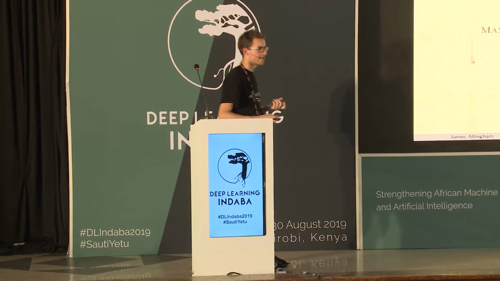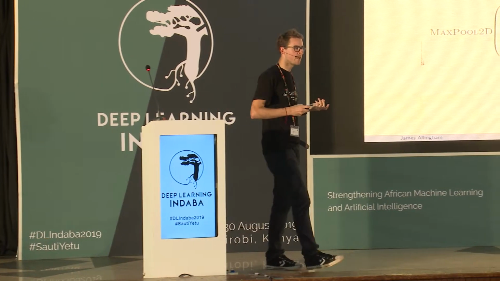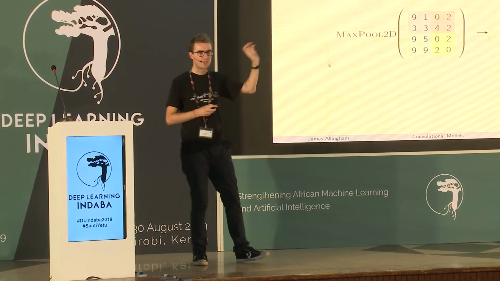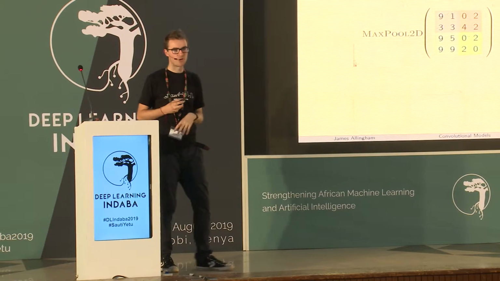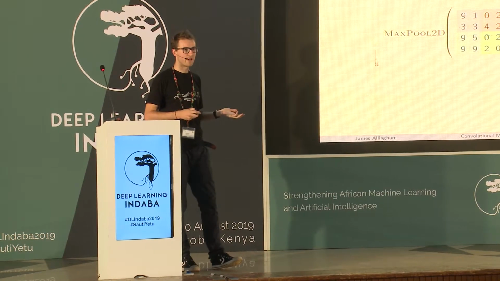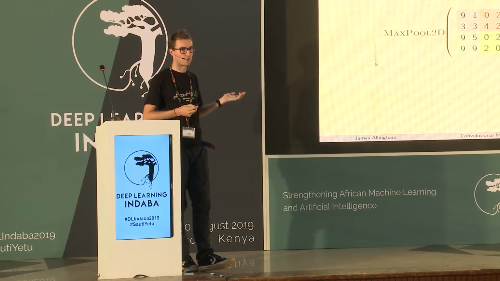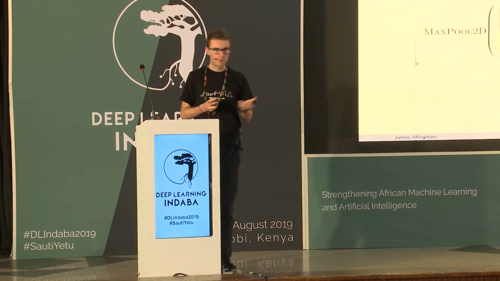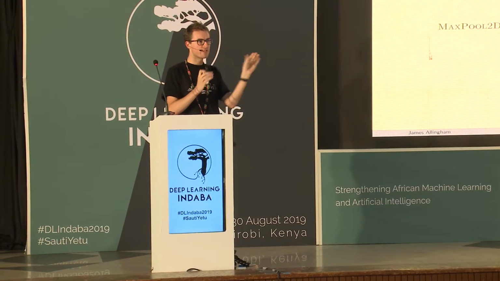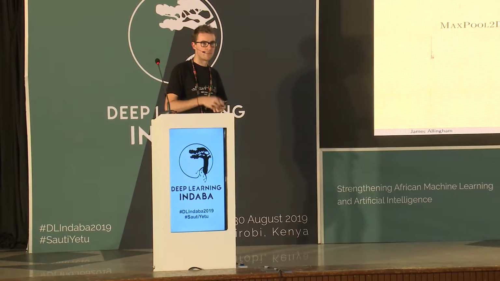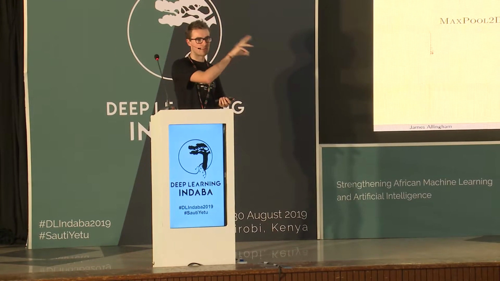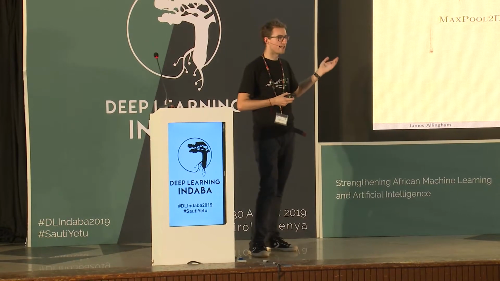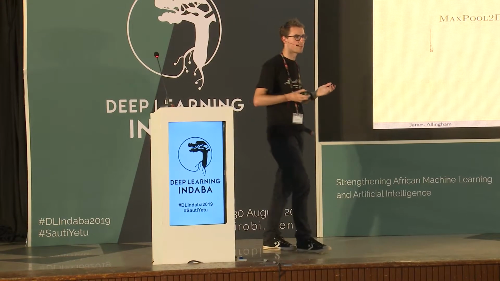So that's the idea that maybe you've got a face detector. You don't actually care if the face is in the top left-hand corner of your image or smack bang in the middle of the image or maybe the bottom right-hand corner. That shouldn't matter to your classifier, and it shouldn't matter to the convolutional neural network at all. And convolutions have this property because we're taking these small filters and sliding them all over our image. It doesn't matter if it's in the top left corner or the bottom right corner, it's still doing the same thing. But by using pooling, you can actually improve this property, because now